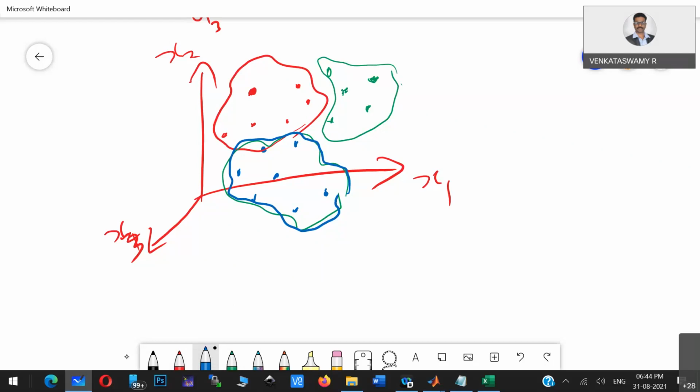Is that clear what I'm trying to convey? In an n-dimensional vector space, input output data is marked as a point, and you are creating n number of clusters. For any given input, it knows which cluster that particular data belongs to, and then returns that as the behavior of that particular system.